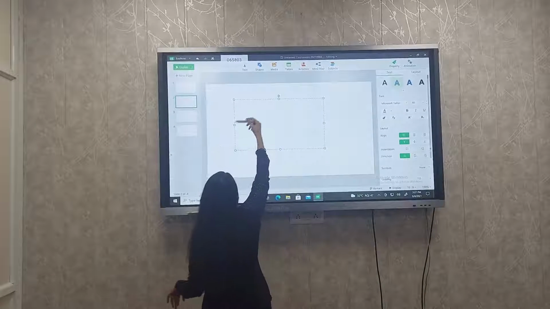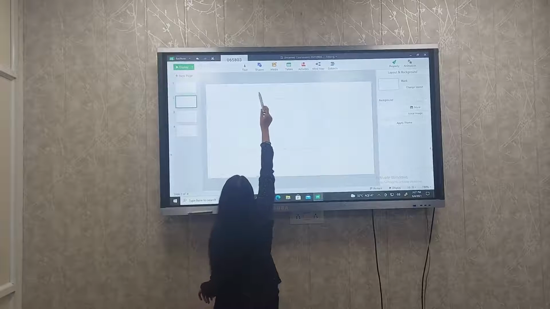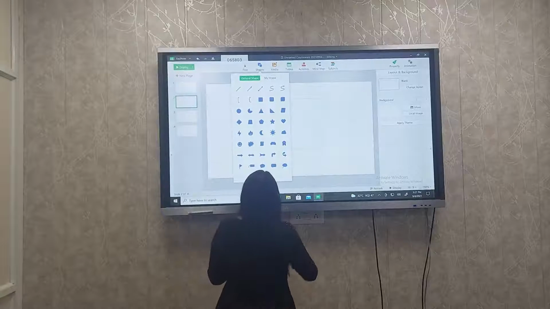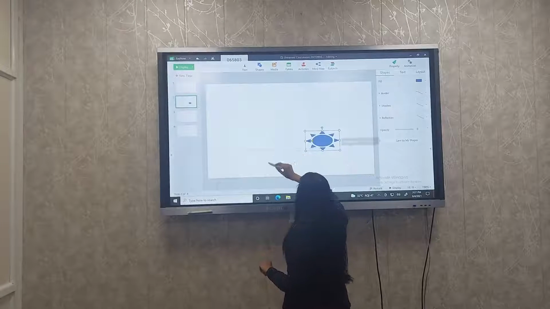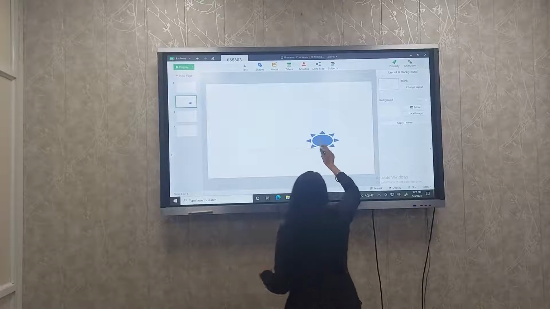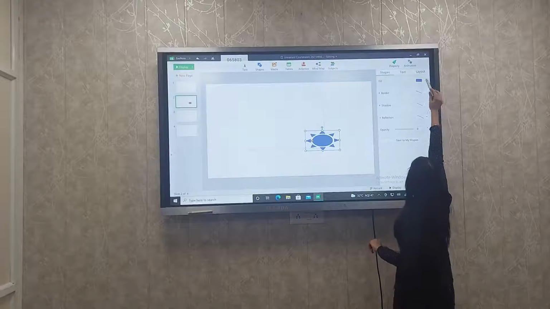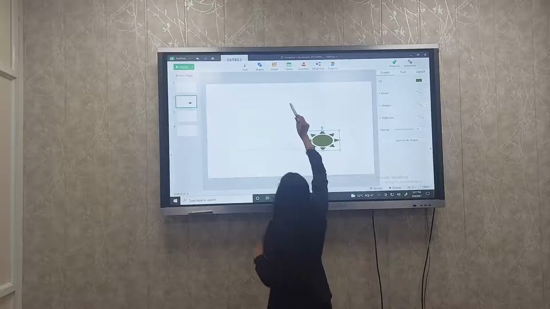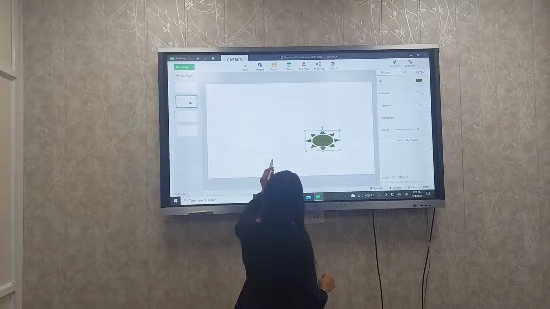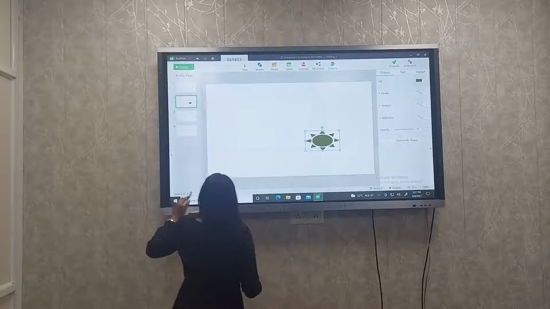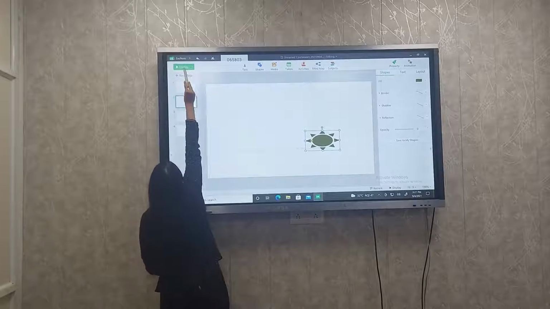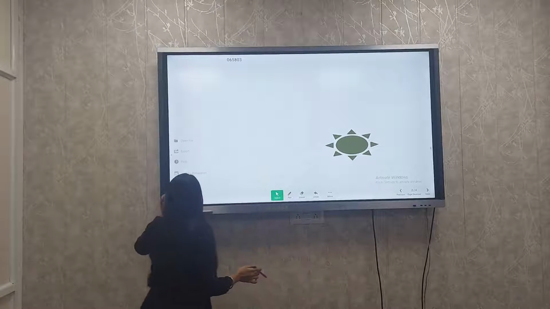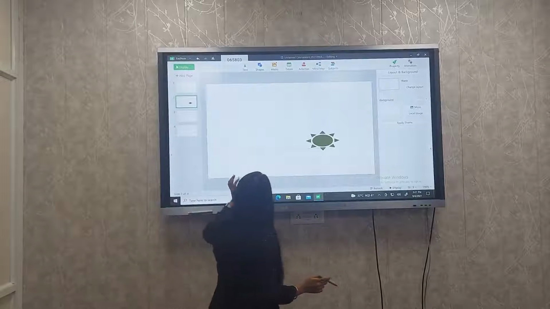Or if I want to add shapes, then just click on shape and select any shape. I want to change the color of this shape. Select any other color. Then just like media, tables, activities, we get a lot of features here. So now I'm going back to display mode. So this is the only thing that is displayed. So we are again getting back to preparation mode.